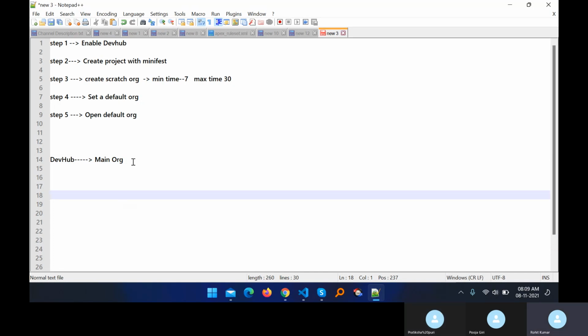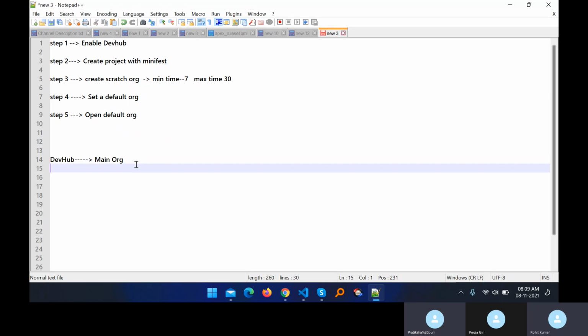Most of the companies are right now using DevHub, but this is not a good practice or best practice, because always learn SFDX, because SFDX is the future, like CI/CD, continuous integration and continuous delivery, like DevOps in Salesforce. So always learn this scratch org. Without scratch org, you cannot achieve everything.